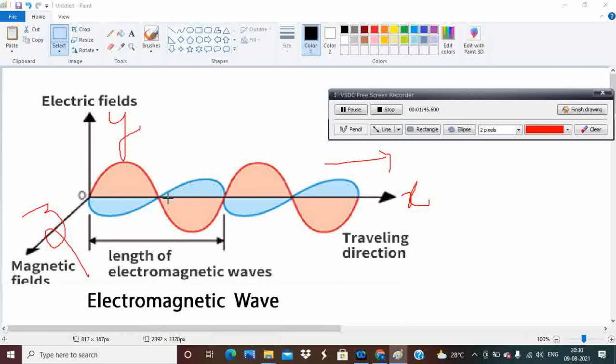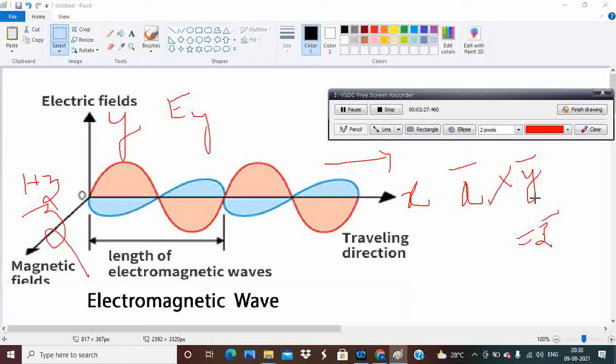In this case, the electric field is denoted by Ey, in the y direction, and the magnetic field is denoted by Hz, in the z direction, and the direction of propagation of the wave is x bar. See, all are direction oriented, that means all come under vector notation. So whenever you take the cross product of two, it gives the third. Suppose ax cap cross ay cap gives you z cap.